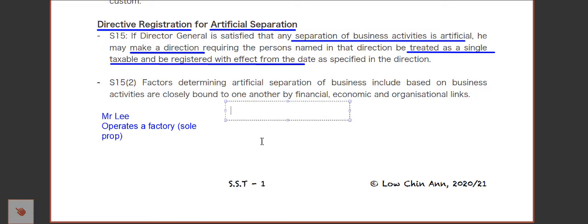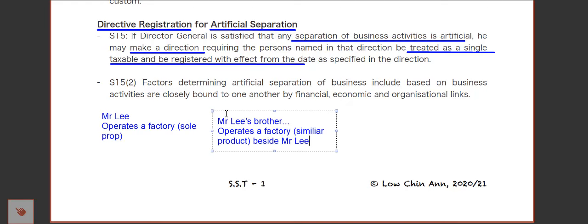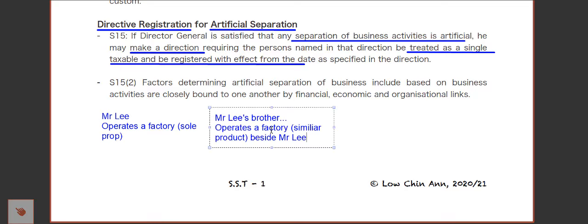And at the same time, Mr. Lee's brother also operates a factory and makes a similar product beside Mr. Lee. Okay, so although they are two different individuals, owning two businesses separately,